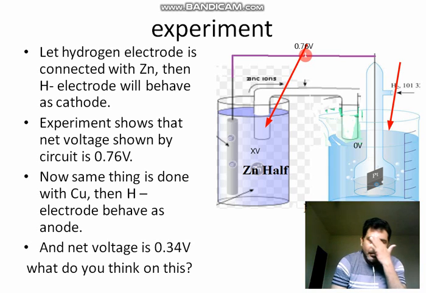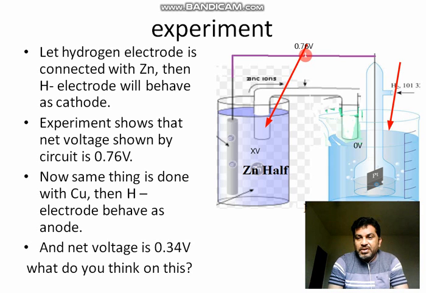Now I am asking you one question. The contribution of these two is a total of 0.76. The contribution of the hydrogen half cell is 0. So what is this value of 0.76? So 0.76 is nothing but the value of zinc,